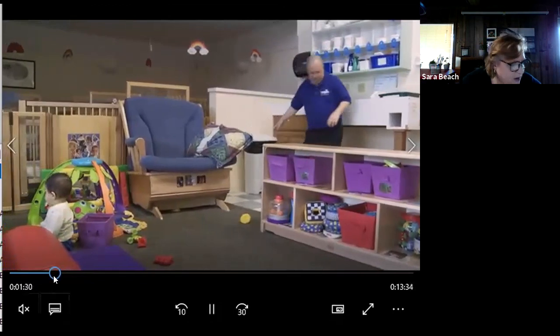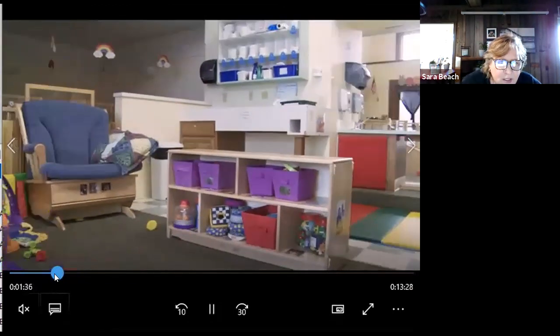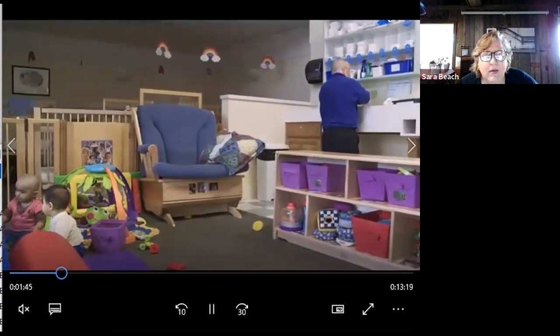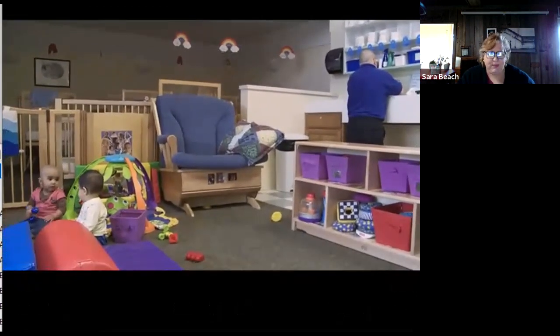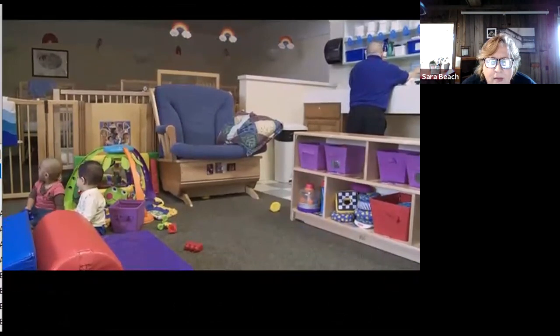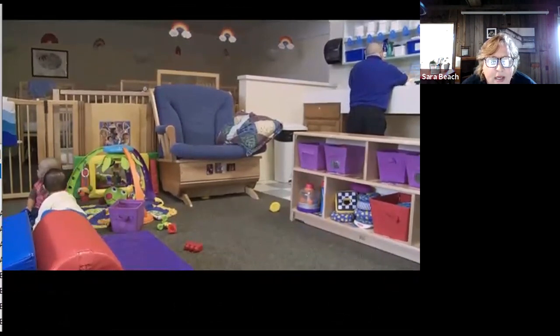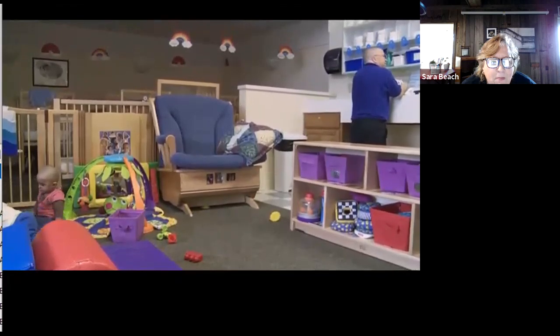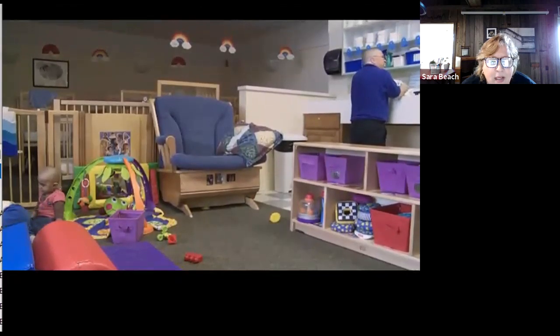So I'm going to start at about 140. I'm going to move it up to 140 when he just gets done washing his hands. Let's watch what happens. And I want to see if you see these cues, baby cues. How do they give off indications of what they might need, how they might feel, problems? Things that are going to impact what he does. And how attentive is he to their cues?